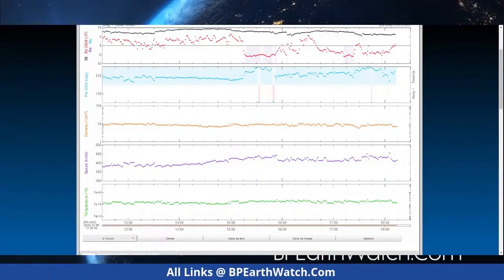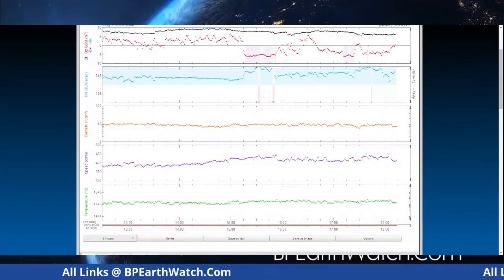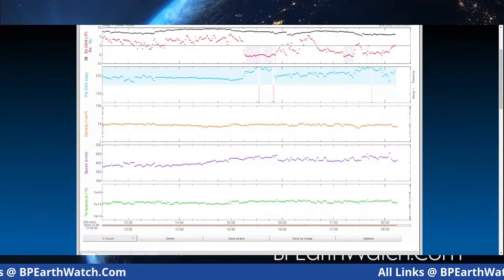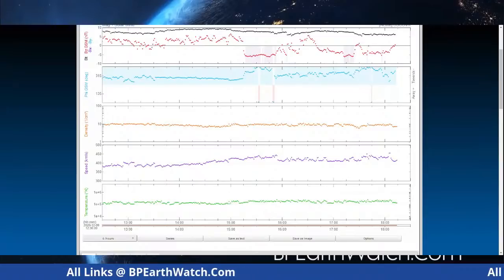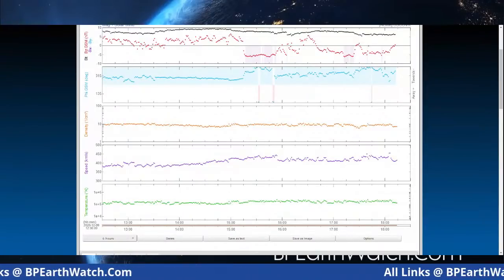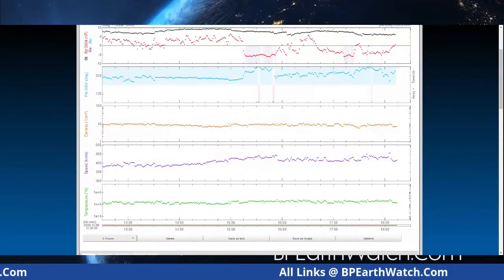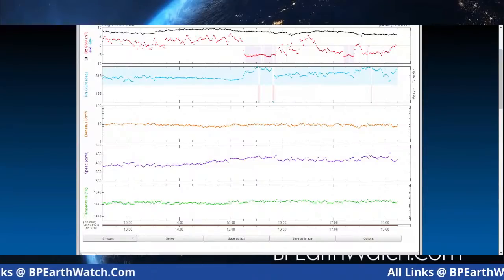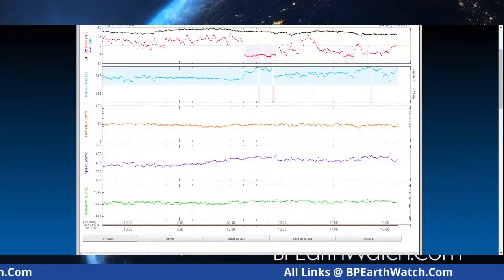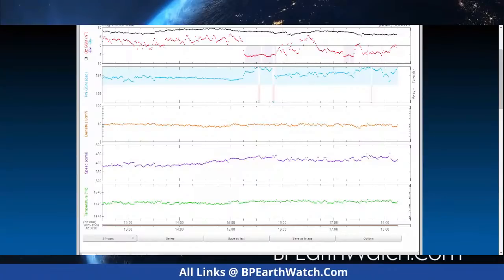ETA, Angela, the time of arrival on the models have a plus or minus 7 hours. The center of that was 19 minutes ago, but I have seen them more times than not come in the second half of that window, past that point. So we're watching. Then what the video's about again is showing you how to do it.